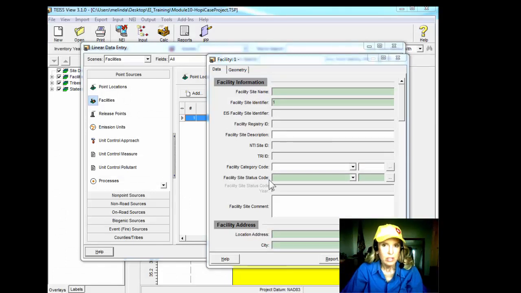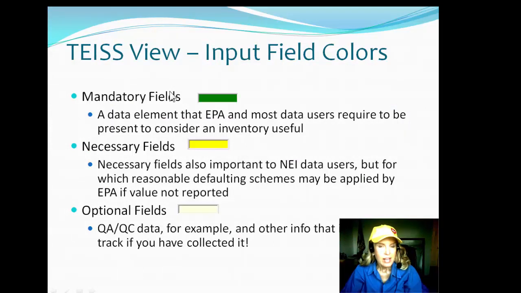Now, when this panel opens up, you notice the different colors of the fields. Looking at the slide, the mandatory fields are in green. That's a data element that EPA and most data users require to be present to consider an inventory useful. So it's mandatory for you to enter information into the green fields. The necessary fields are necessary to NEI data users. And if you ultimately upload your data into EPA's national database, they may fill in the yellow fields,